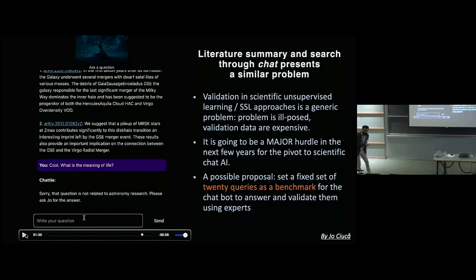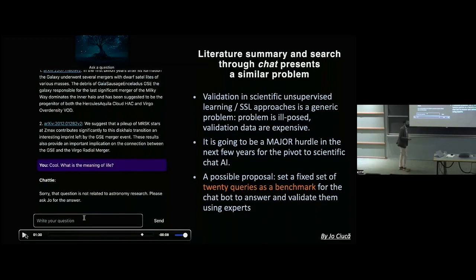And it's the same question I asked you before. How do we validate whether these two images are similar? Because it's ill-posed at some level. And I guess a proposal I have that I would love for you to tear to bits is maybe we need a fixed set of, I'm using 20 queries. This is a reference to how the Sloan databases were originally built, for you database nerds out there, as a benchmark. Questions like,